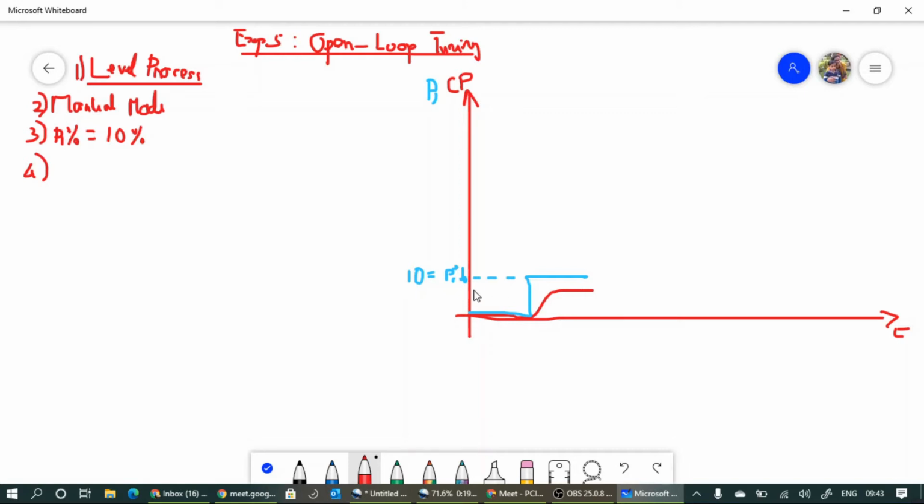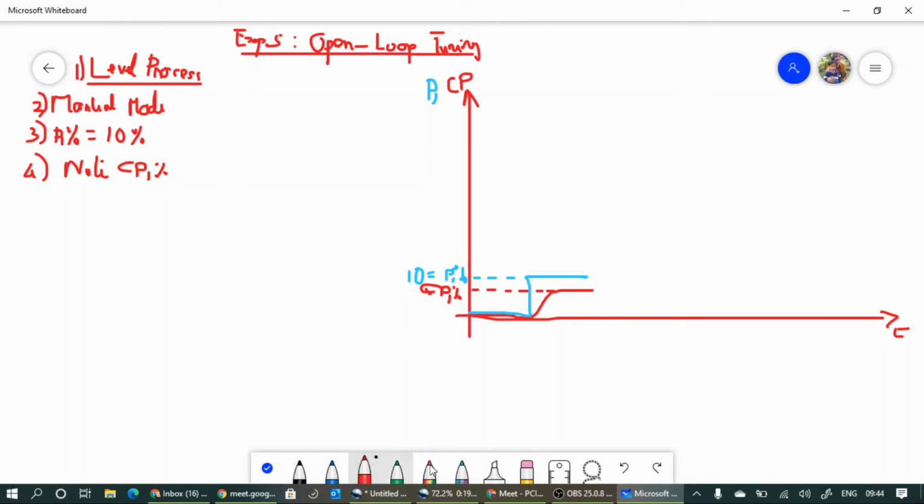You have to label this steady state value of level as CP1. This one is CP1 in percentage. So what is the first step? Note the steady state value of CP. You have to take it as CP1 in percentage. Once it is settled,